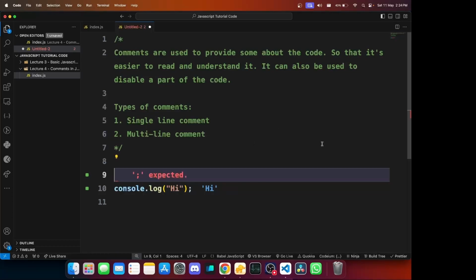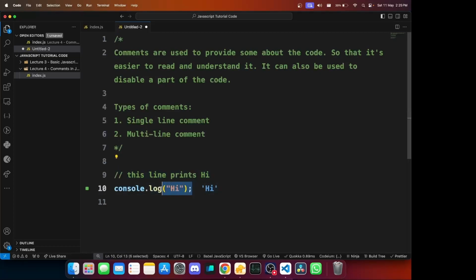For single line comments, you first of all have to start the comment. To start the comment, you can just use 2 forward slashes, and wherever you write 2 forward slashes, the whole line after that would convert into a comment. So you can write that same thing over here and this would work fine. This is a single line comment. One thing you can notice: the 9th line has a single line comment which starts from here, but the 10th line has a line of code which is getting executed. The reason is very simple. A single line comment just spans one line, and there's no way to stop that comment over here.